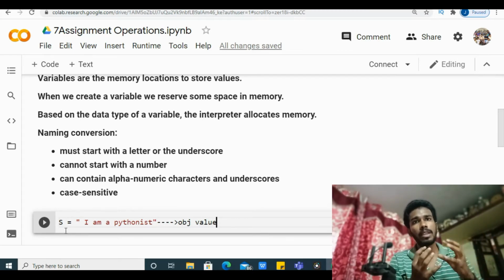There is something called stack and heap memory allocation in Python, which I will explain in the memory allocation part.